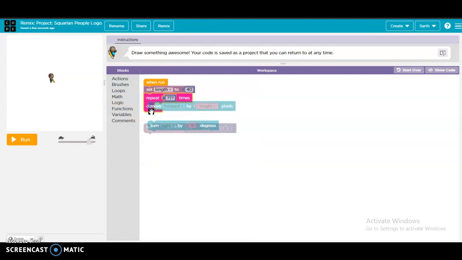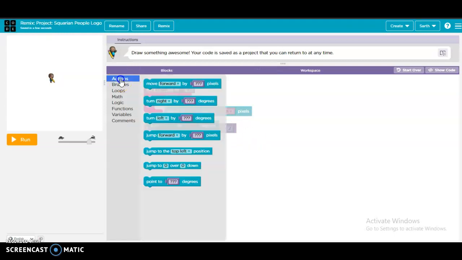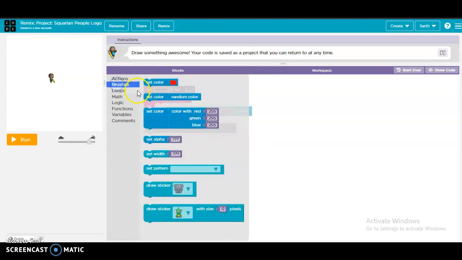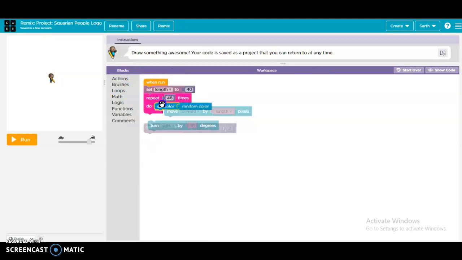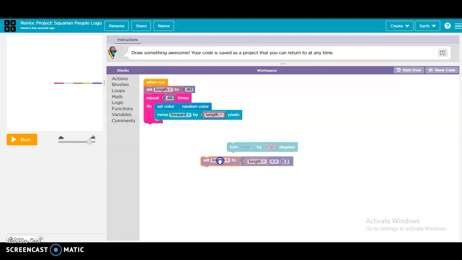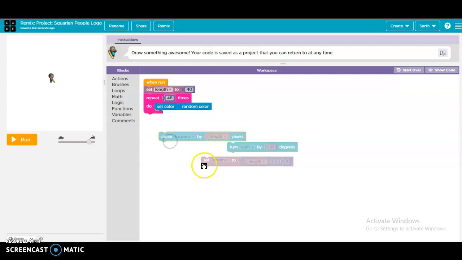and then I will write here 48 times. I repeat it and go in action and go in brush and I take random color and then take set length to length plus 4,